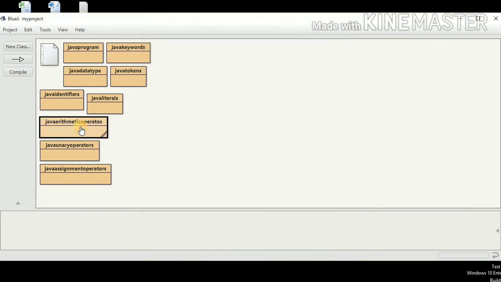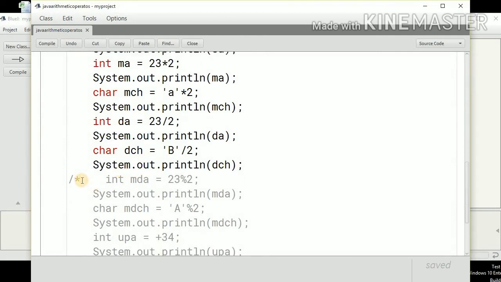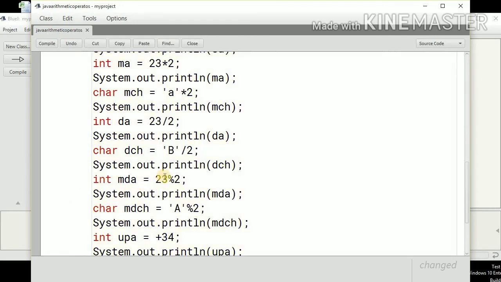So let's talk about our next operator, that is the mod operator. This is basically to give the remainder, right? So when we divide 23 by 2, the remainder will be obtained by this mod operator. Now the remainder will be stored into this variable. So the remainder 1 should be stored in this and we will get the result as 1.